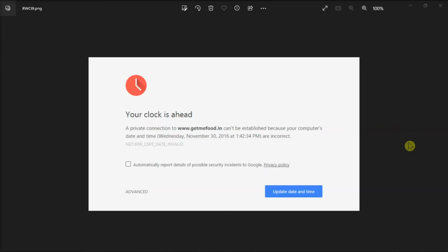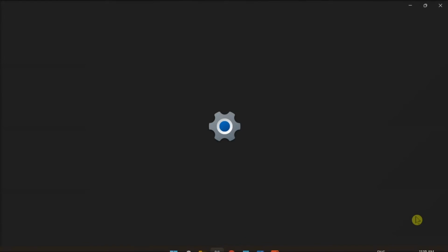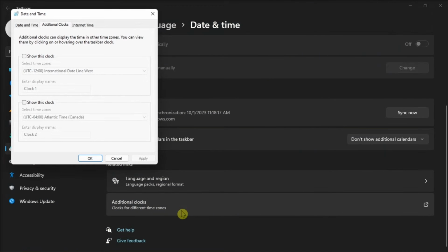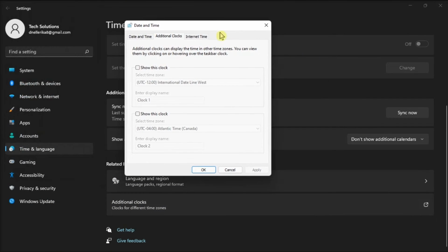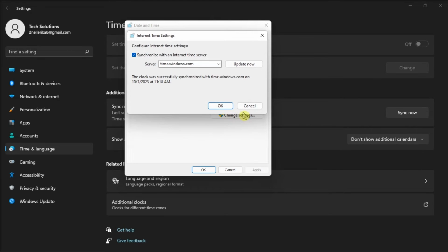Lastly, make sure your default Internet Time Server is selected. Just right-click on the date and time, choose Adjust Date and Time, click Additional Clocks, go to the Internet Time tab, click Change Settings,